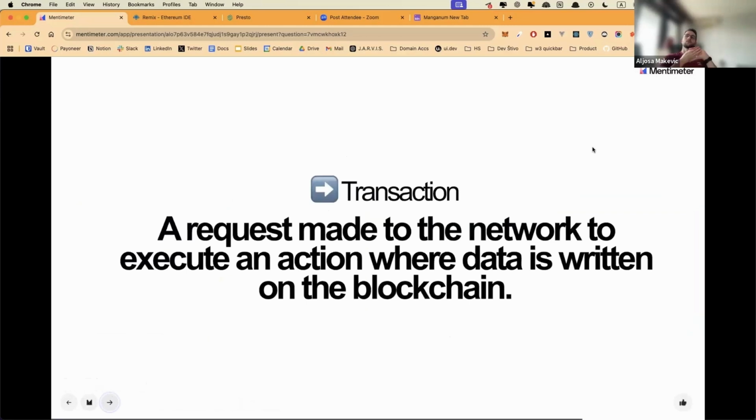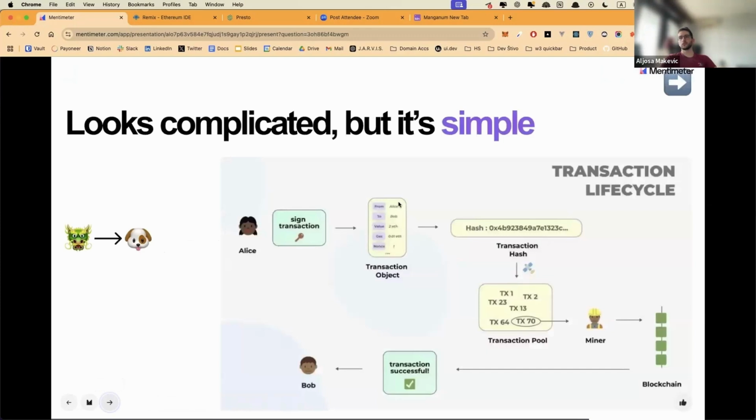So what is a transaction? A transaction is just a request that you make to the blockchain network to do something, whether it's swapping some money or changing the value of something, like variable i equals 4, and if there's a function to change it, you can change it to variable i equals 2. That's a transaction. Deploying a smart contract on chain, that's a transaction. So anything you do is a transaction, and each member of the network has each transaction noted down, and then they compare these copies.